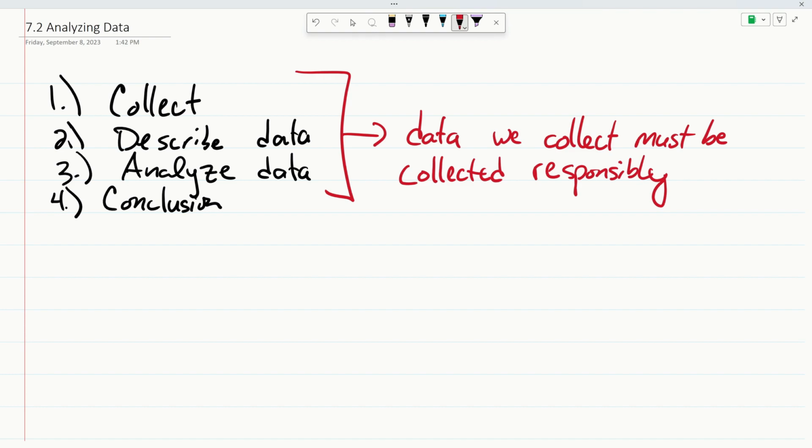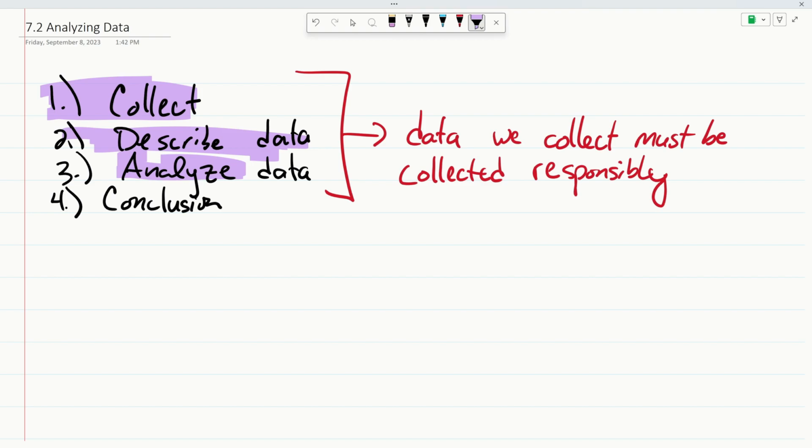However, on the other side, if you were to just send out a random question, like a survey or something like that, and people reply back, you may get a little bit, and I'm using that phrase very loosely, a little bit better response and a better idea of the actual data that you've collected. So let's hypothetically say we've already collected the data. Now we want to start to describe and analyze the data.